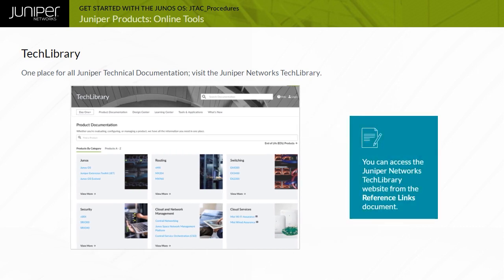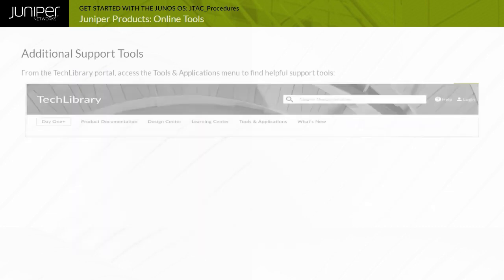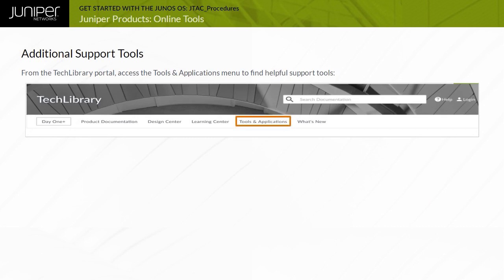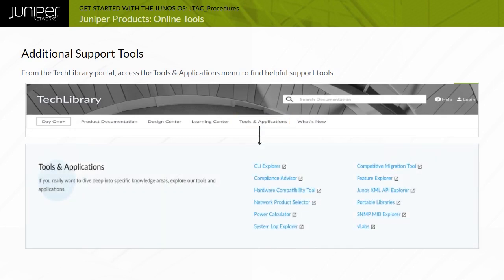Note that you can access the Juniper Network's tech library website from the Reference Links document. Clicking the Tools and Applications tab on the Tech Library webpage provides access to many helpful support tools, including CLI Explorer. This tool is used to explore configuration statements and commands. Feature Explorer. This tool helps in exploring software feature information to find the right software release and product for the network. Hardware Compatibility Tool. This tool helps to find the transceivers, line cards, and interface modules that are supported on